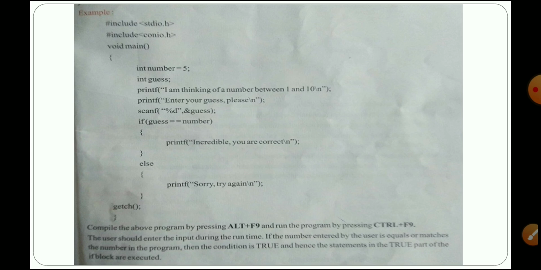If there is any error in this program, it will be displayed at the bottom of your screen. You have to check those errors, clear them yourself, and only after that run the program. What is the shortcut to run? Control plus F9. These two are very important. Whenever we see a practical program, I will explain clearly. Alt F9 is the compilation of the program, and Control F9 is the shortcut to run the program.